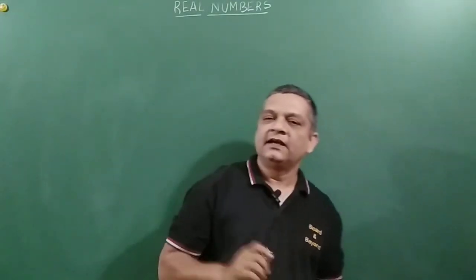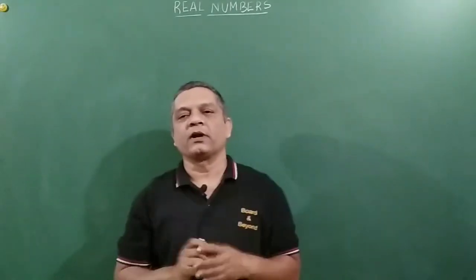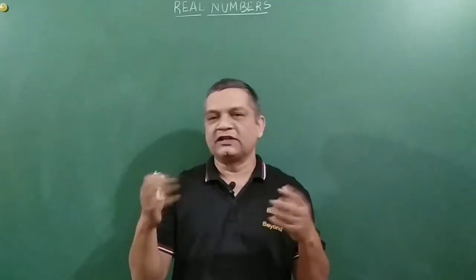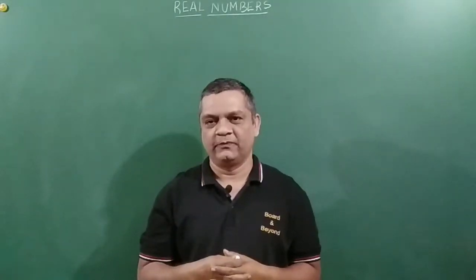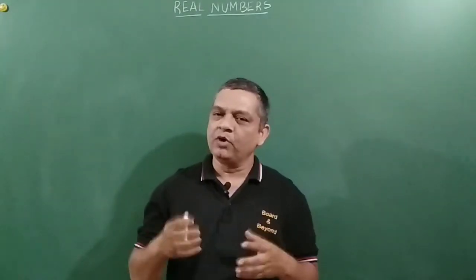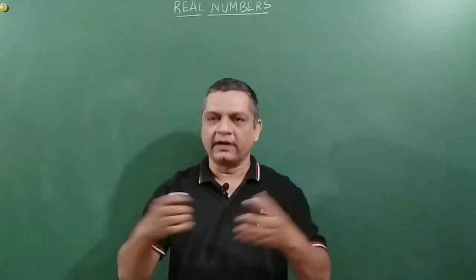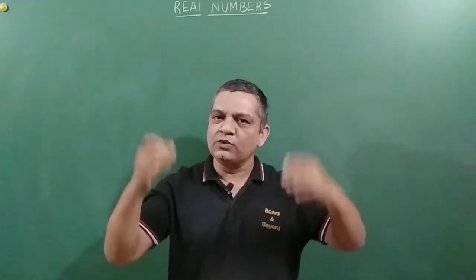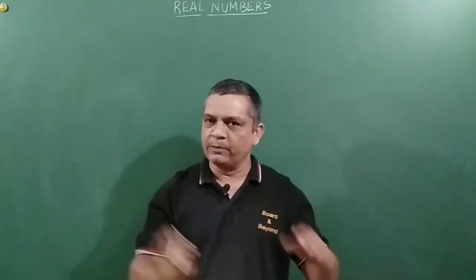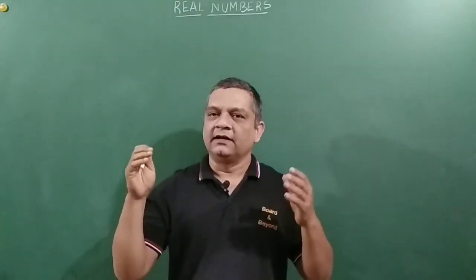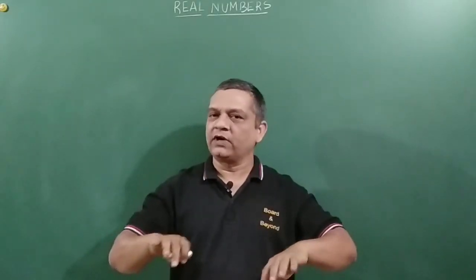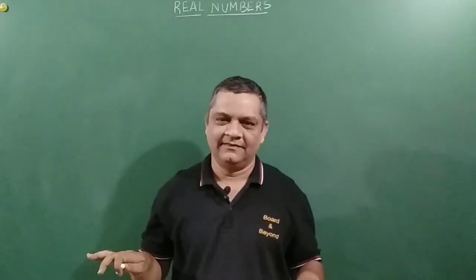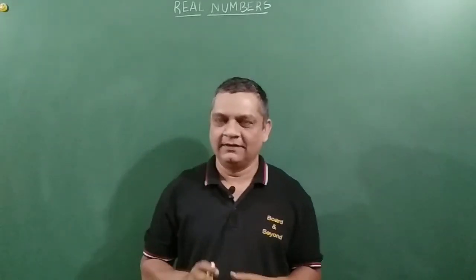So friends, here we will start with your flagship question: let's prove root 2 is irrational. How do we prove it? We prove it by the method of contradiction. There is a statement given to us. We assume that the statement given to us is wrong. We do some process and prove ourselves wrong, saying that whatever we assumed is wrong, and hence whatever statement was given to us is right. That is how we do it.